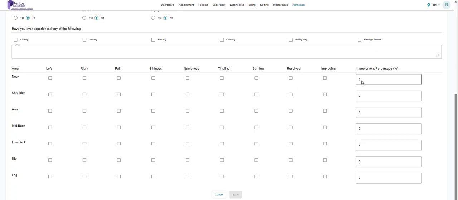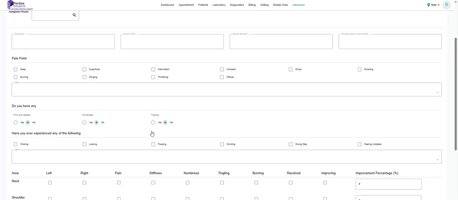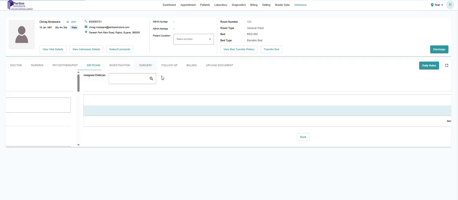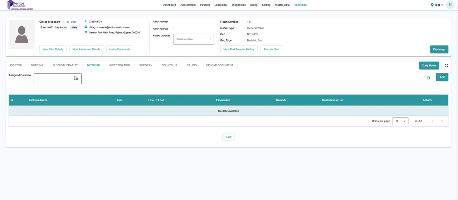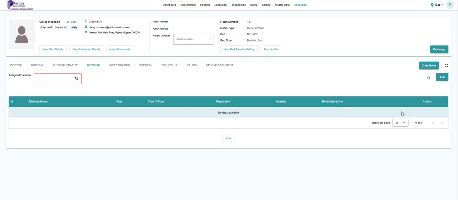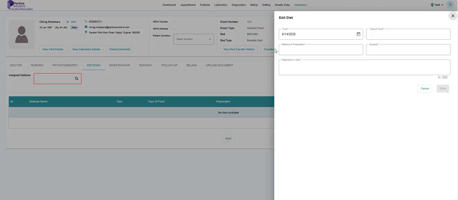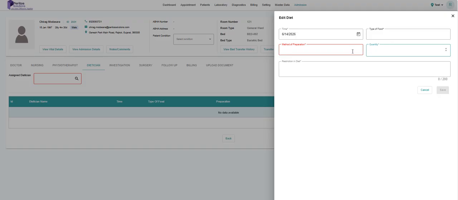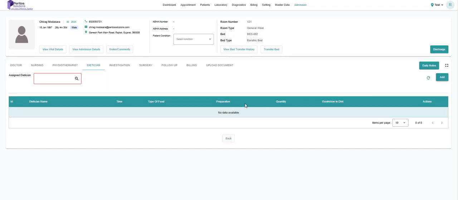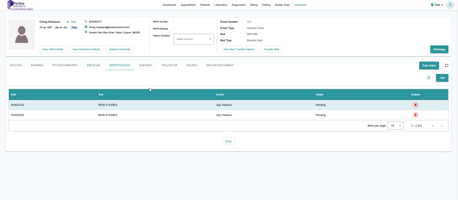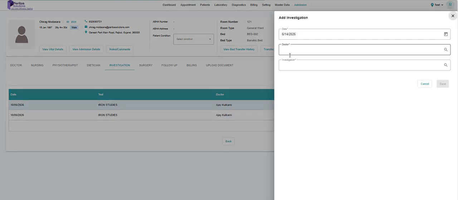If there's any pain around the area and what is the improvement in terms of percentage, that's what they will update here. Same like dietitian will add their notes, and there will be a specific dietitian role for this, and they will add the kind of method of preparation, quantity, food, etc., or any restriction in the diet that they need. From investigation standpoints, we can add multiple tests and screenings, and